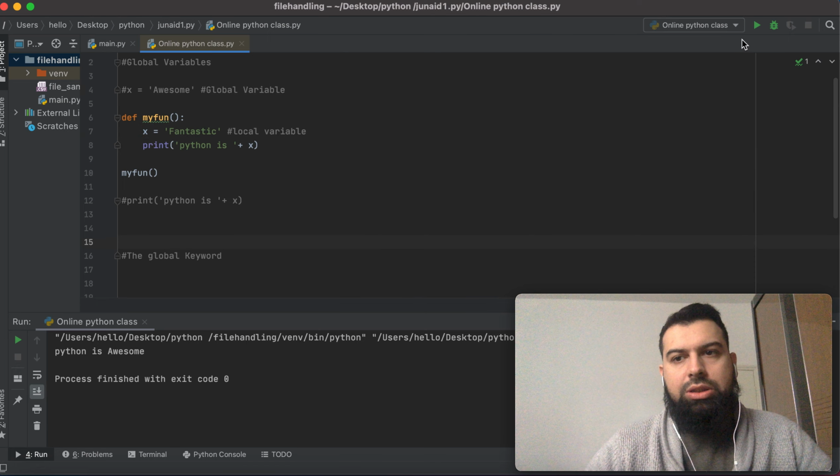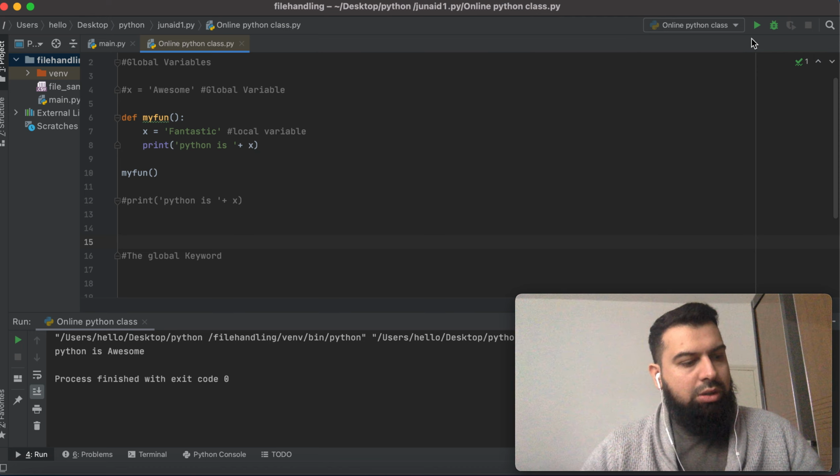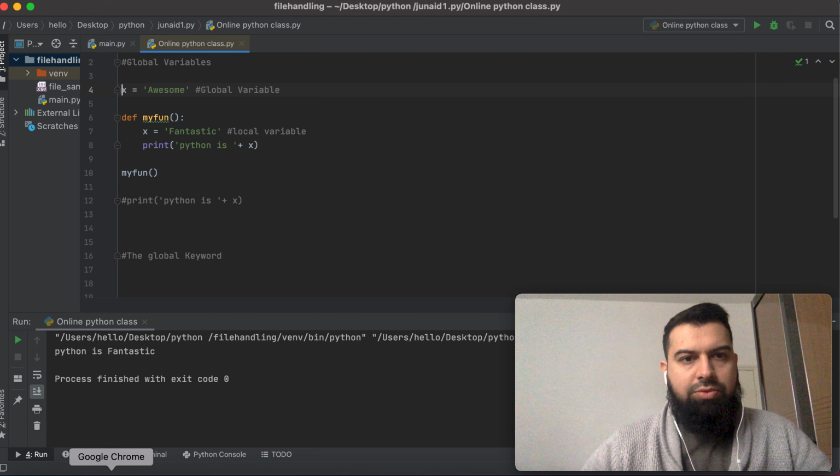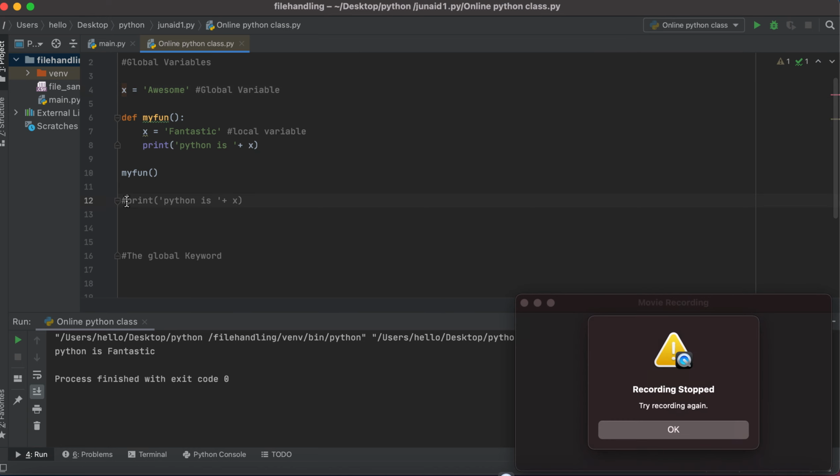So a function by default will call the local one. Now you see Python is fantastic. It will call fantastic. So now if we do this x, remove this one,